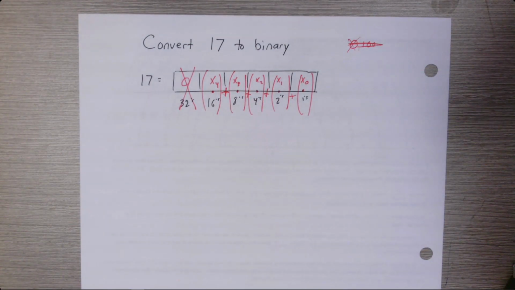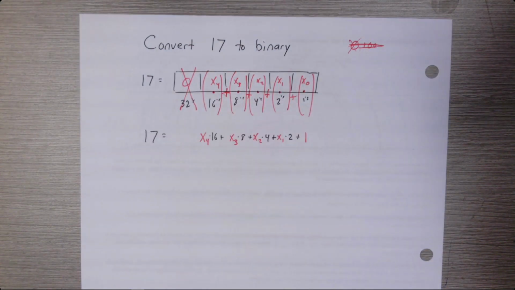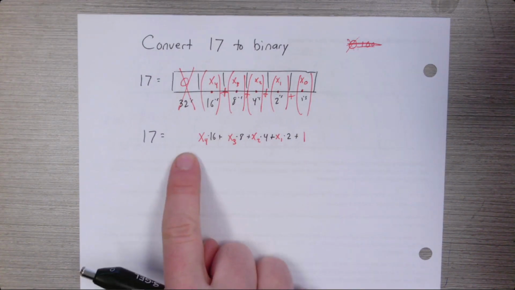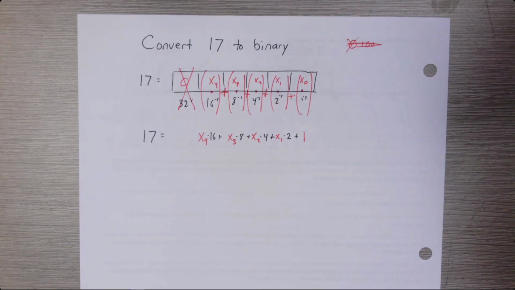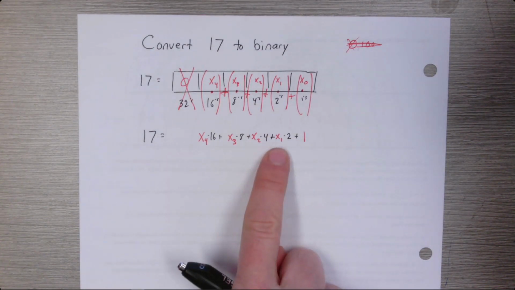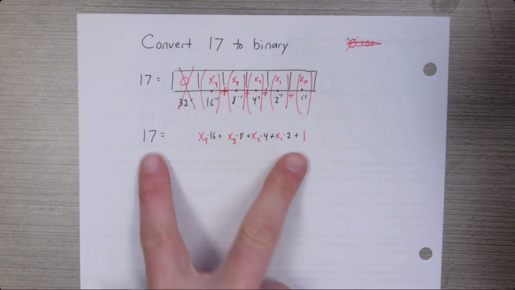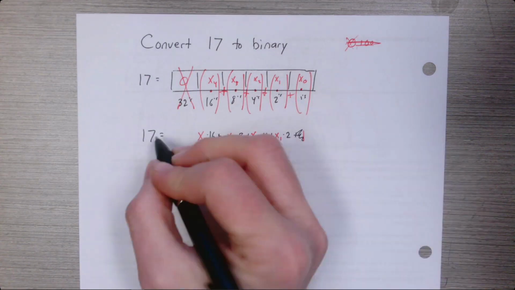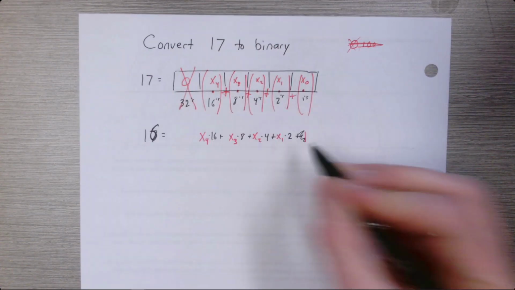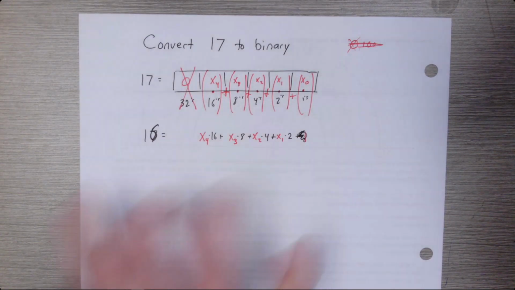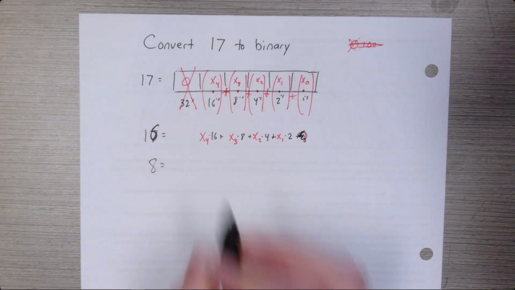So now I have solved for my first digit. I know the last digit is 1, and I've written the rest of these unknown digits in a more conventional format. So let's use that same trick to solve for the next one, thinking about evens and odds. If I subtract the 1 from both sides, I will get 16 on the left. And now all of these terms are even. So if I divide everything by 2, now I have